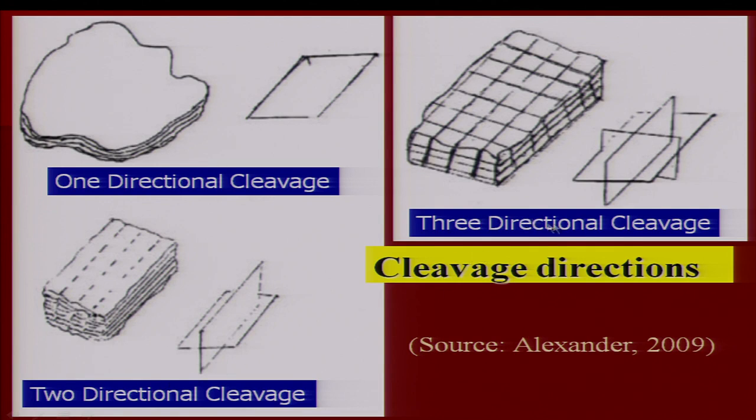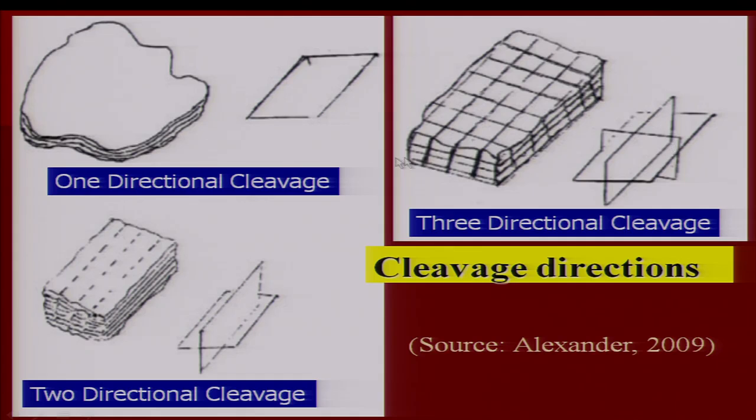Now, 3 directional cleavage. What are the directions? You see, this is one direction of cleavage which is on the surface of the specimen, the second direction is this one, and the third direction of cleavage along which parting is easy is this one. So, you have direction 1 along which the mineral can be separated easily, this is the second direction and this is the third direction. It is the line picture of all the 3 directions, horizontal direction, vertical direction, and this is across the